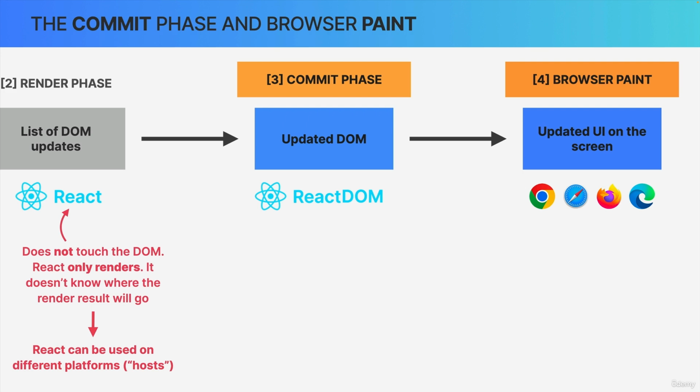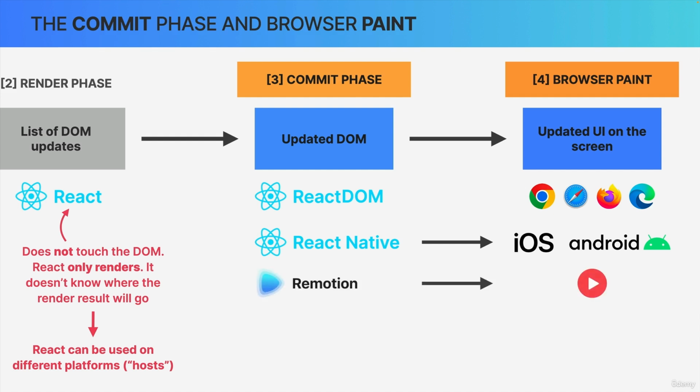Now, up until this point, we have only ever thought of React in conjunction with the DOM, because we usually use it to build web applications. And in 90% of the cases, that's actually what we do with React. But the truth is that React is used with other hosts as well. For example, we can build native mobile applications for iOS and Android using React Native. Or we can build videos with React using a package called Remotion. And we can even create all kinds of documents like Word or PDF documents, Figma designs, and many more using